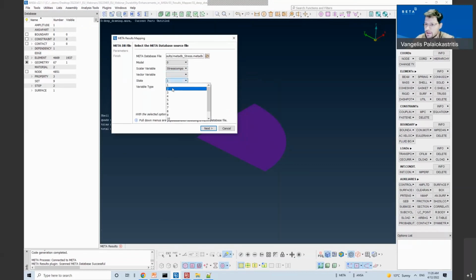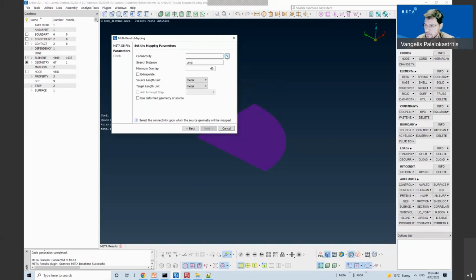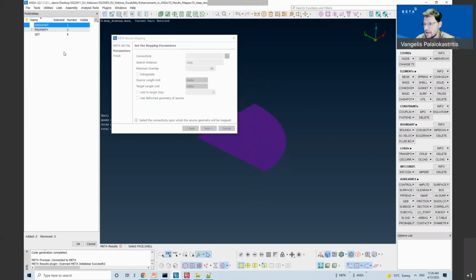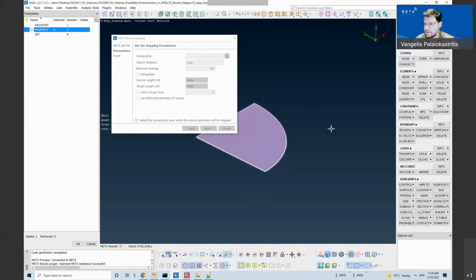So I can select which state I will read, or I can select all. So this will do the mapping 11 times, and will create D loads and assign them into 11 different steps. Pressing next and selecting the property.